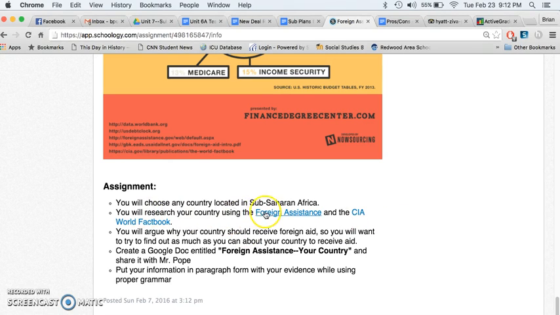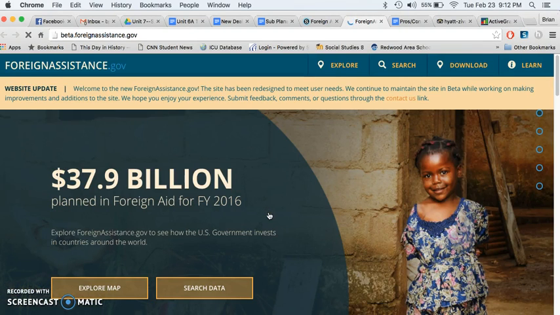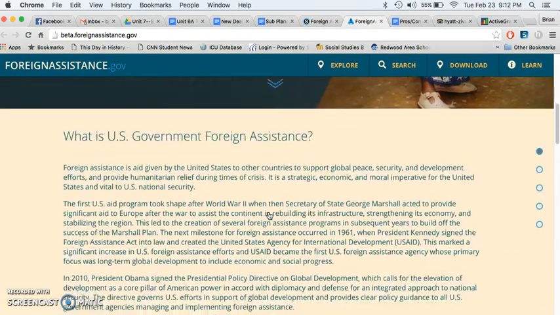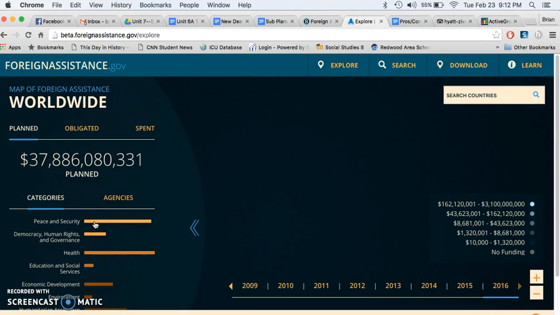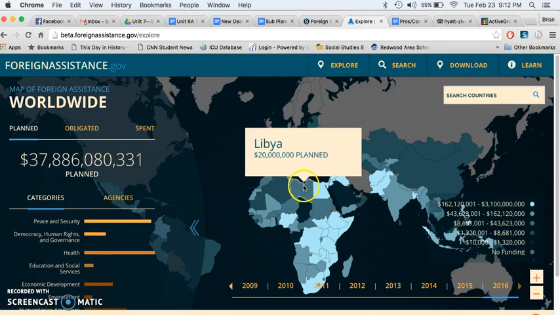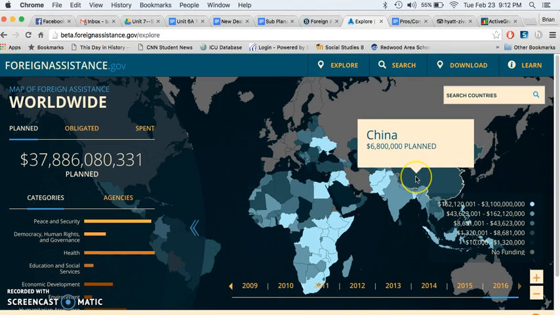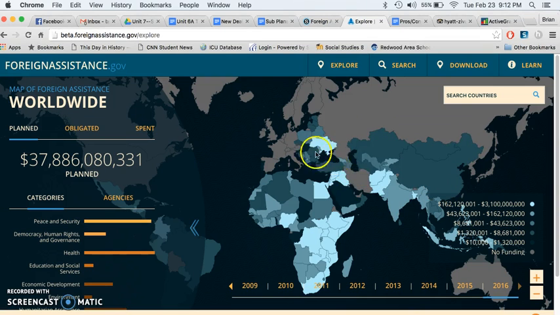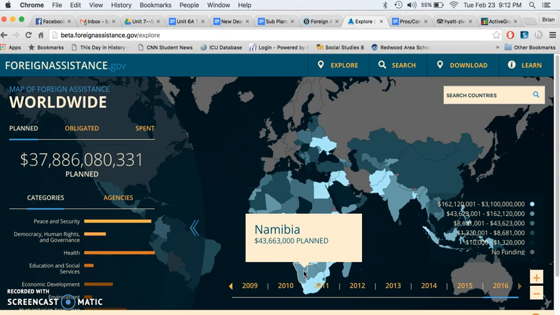This first one, this foreign assistance, they have updated this website, and it is amazing. If you go explore map here, it'll bring up a map of the whole world, and it shows you, it's kind of interesting actually, all the places that get money. And it's funny because like even China's $6.8 million. It's like, why? I don't know why. It's a great question, but anyways, that includes